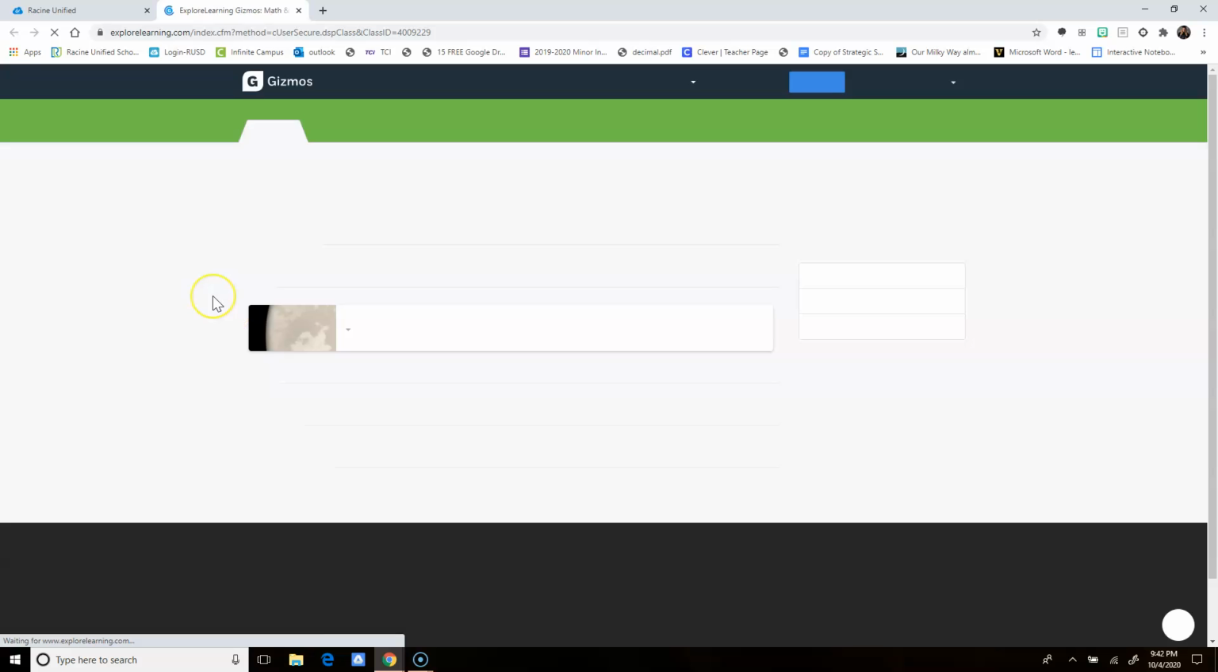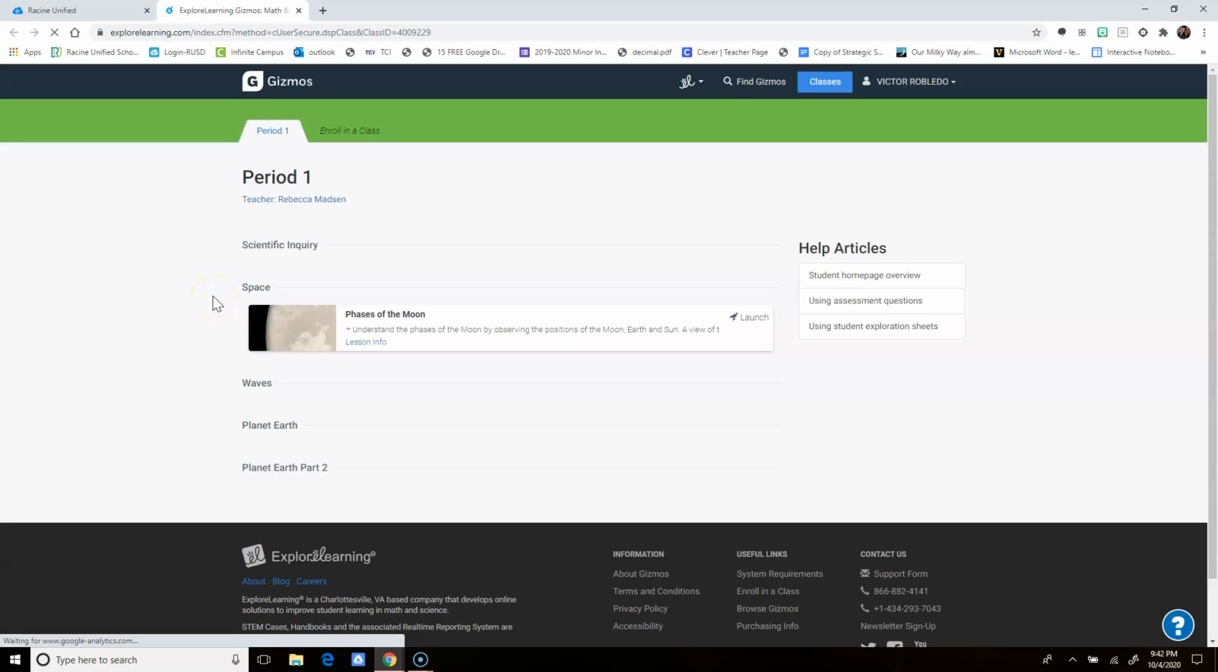When you click on the app, it should redirect you to a new web page. For you, it would take you automatically to your class period. Currently, we are working on the phases of the moon, and this would be the gizmo that you are using